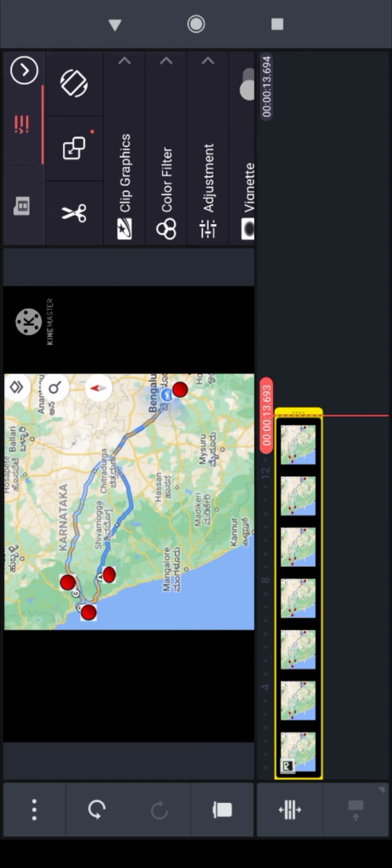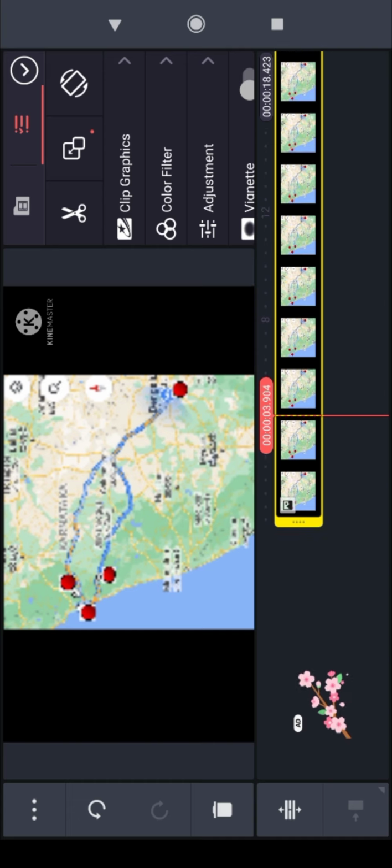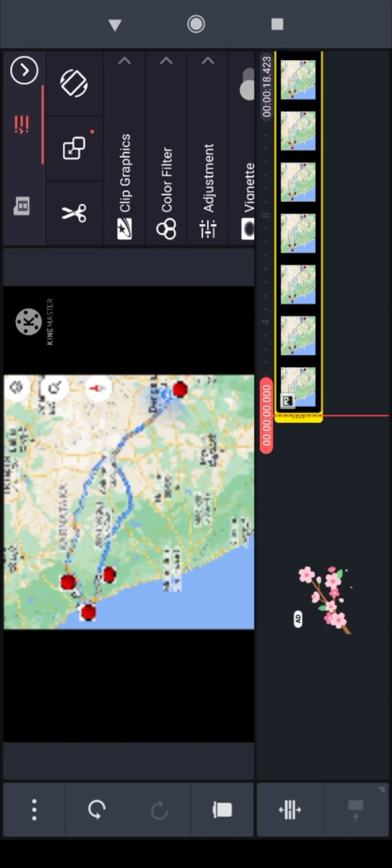Now make it a bit of a larger duration. Okay, now I think you can see a blurred thing. It's okay, no issues, because it takes some time to get into a normal picture.